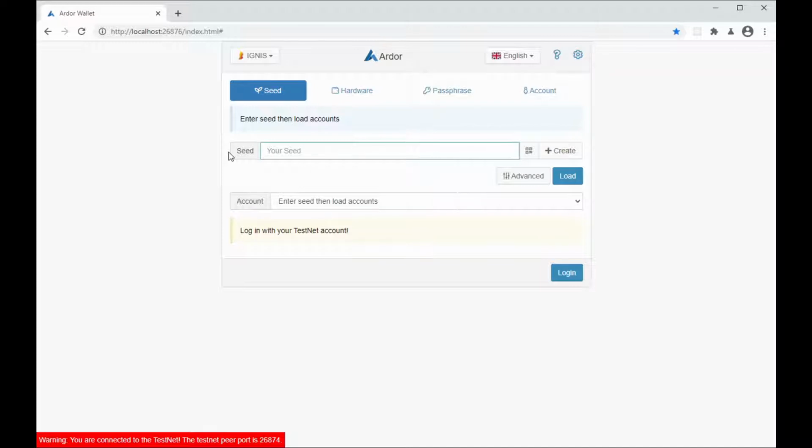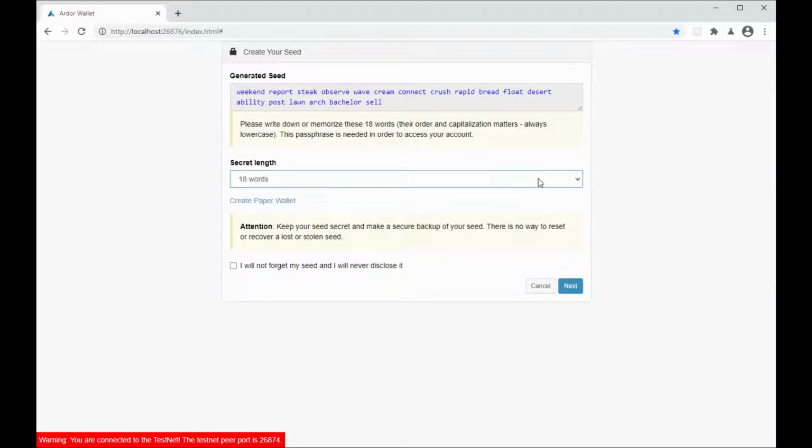So let's use this to create a new account. I click on create. By default I can change the number of words. 18 is fine for this new test.